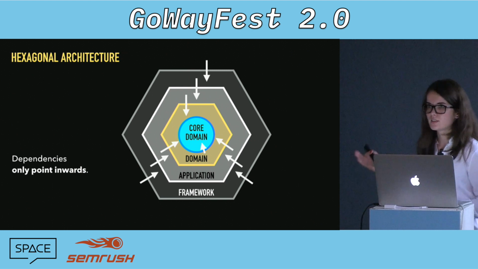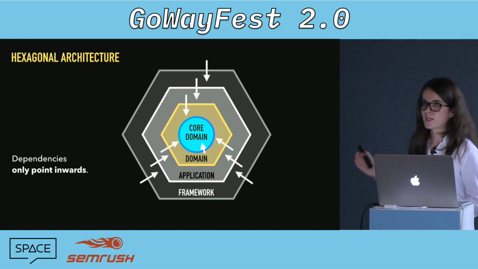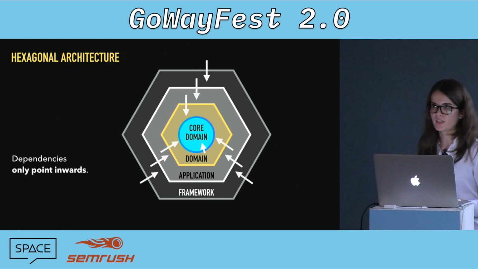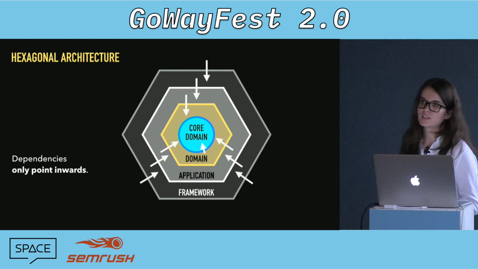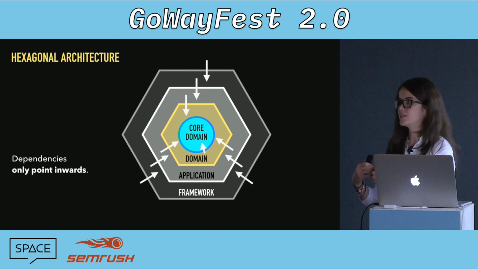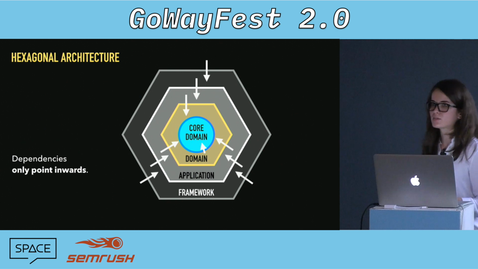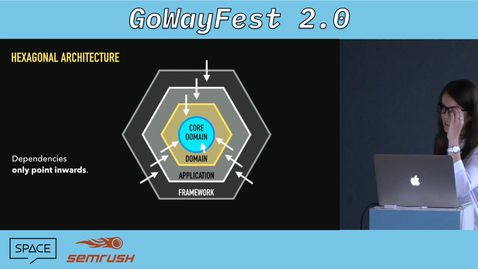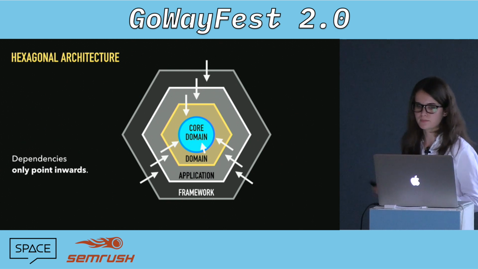And so that implies a heavy use of interfaces and inversion of control, and indeed, you're going to have to define an interface at every boundary between each layer that the outer layer will need to satisfy. And as long as the outer layer satisfies the interface that is defined by the inner layer, you can just swap that outer layer easily in and out without really having to change much else.